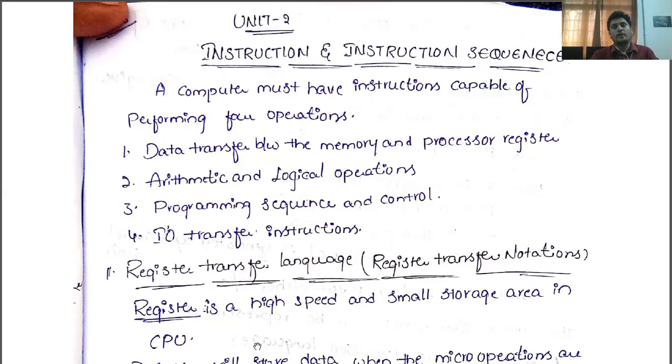So what is an instruction? An instruction is nothing but a combination of operation and operands. To perform any task, we need some operands and an opcode. Here there are four operations: data transfer between memory and processor register,